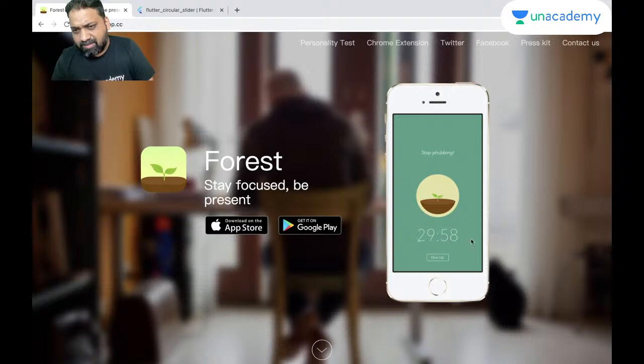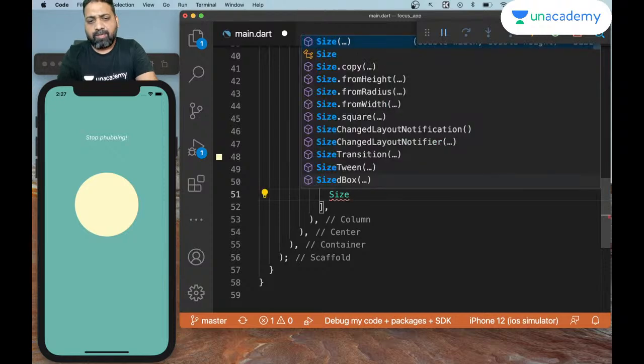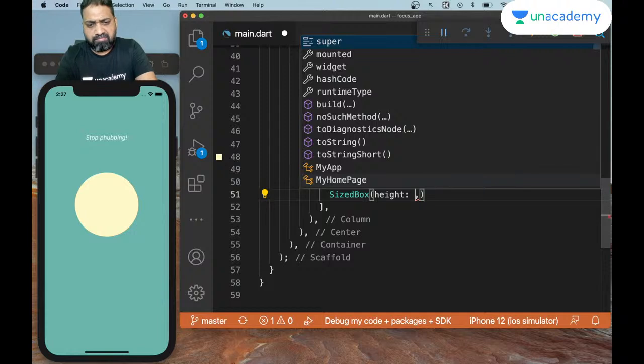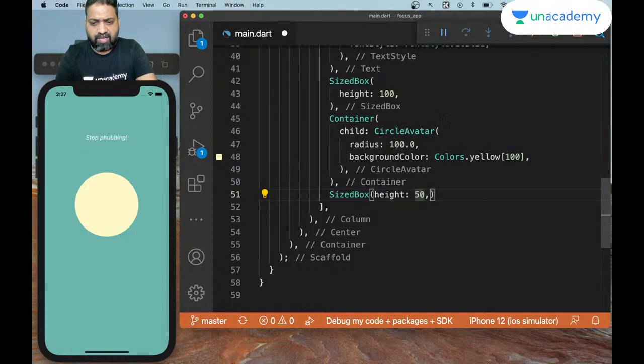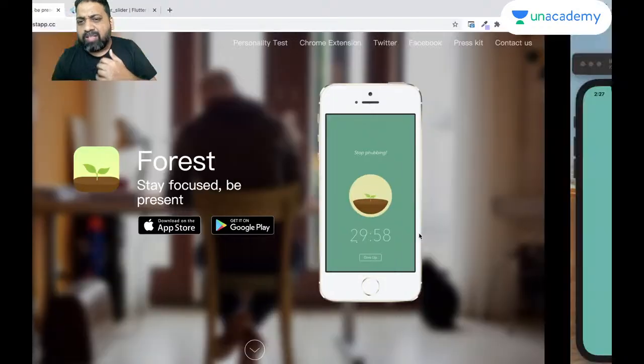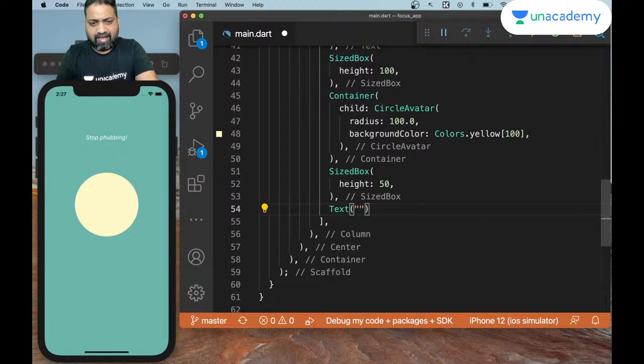There is this big font timing running here. Yeah, so let's try and make that happen. We now know that there's going to be a sized box required right under the container. So I'm going to type it right away. Sized box, give it a height of, I don't know, 50. Save it, get some space, then come down here, look at this font size, and we know what that is. That's just a simple text. And I can type something like